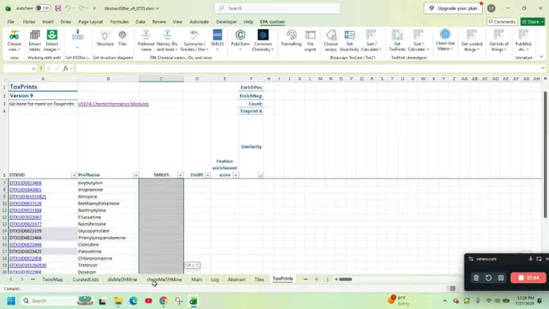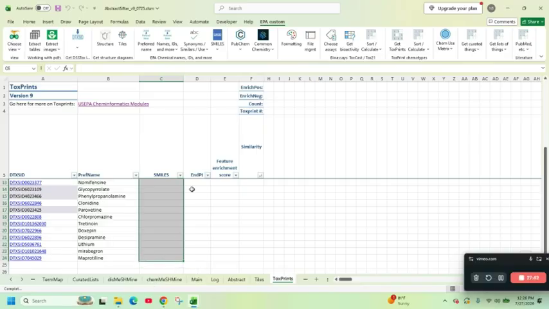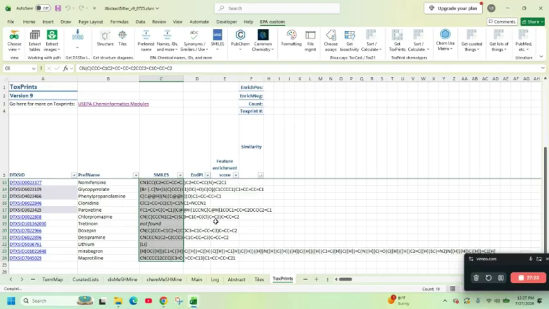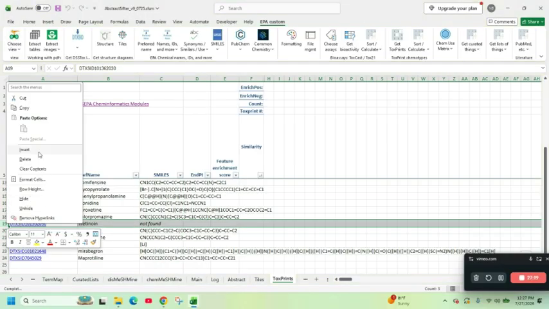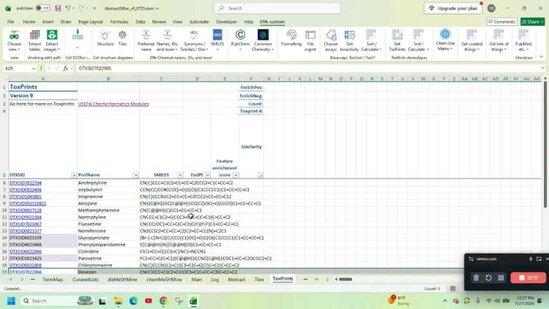Now I want to go get the SMILES for them. The input to the Toxprints API functionality is a SMILES string. And so it didn't find this one. I'm going to go ahead and delete that for now. I could probably go retrieve the SMILES somewhere else, but